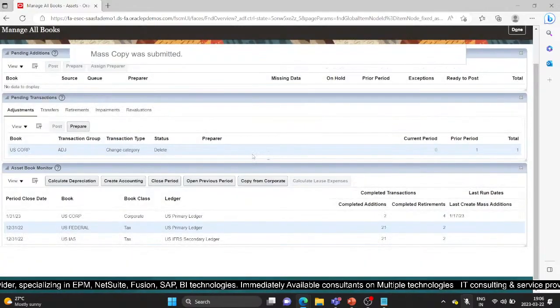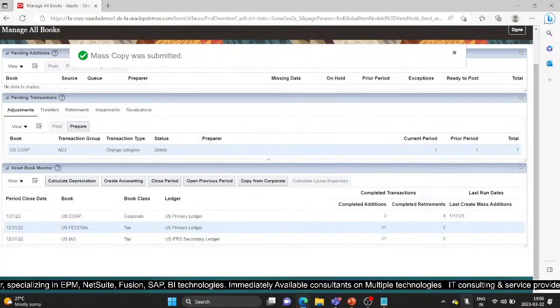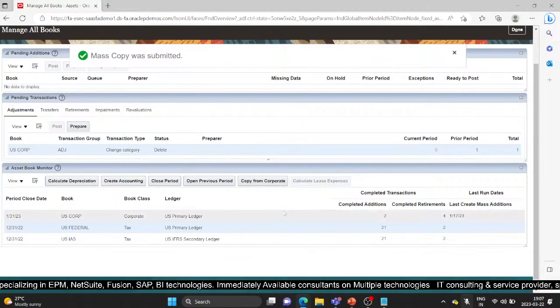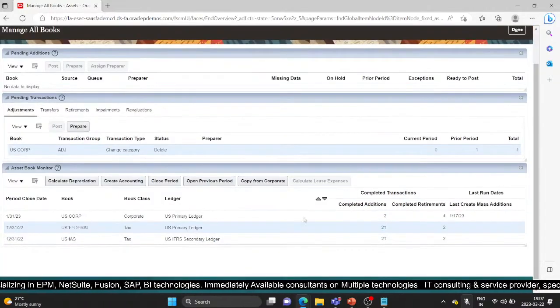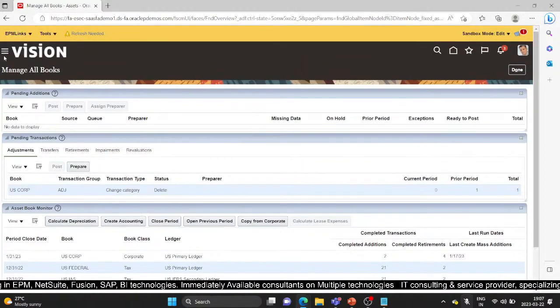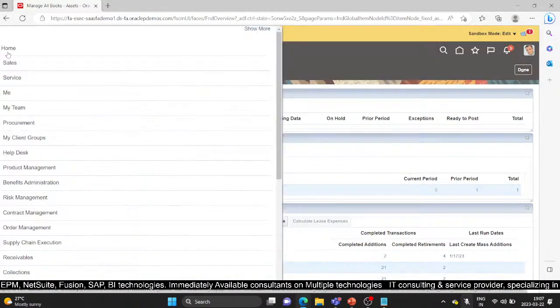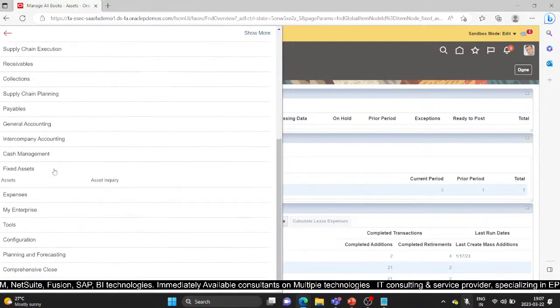the mass copy will be submitted. Now for this period, my assets will be transferred to my tax book. But initially, when the tax book is first created, or when I'm moving my corporate book's assets to my tax book for the first time,